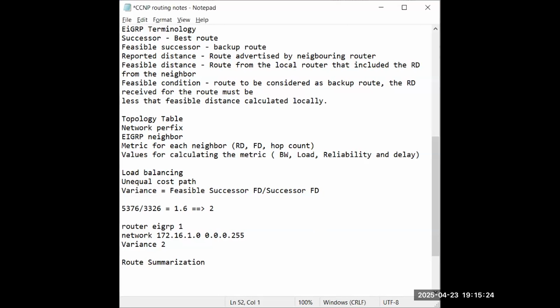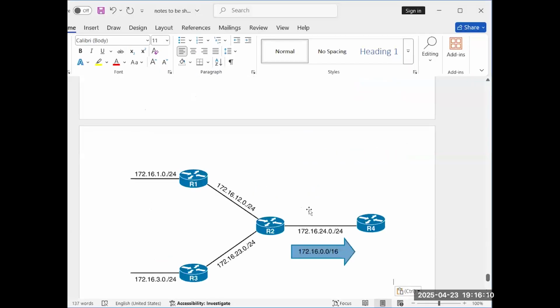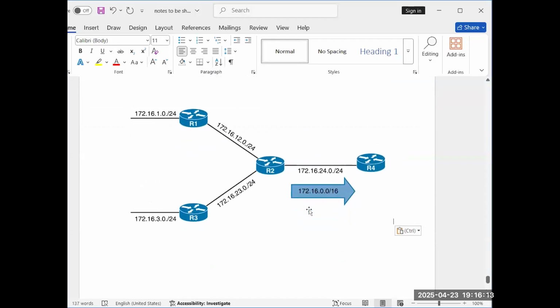So how are we going to configure a summary route? I'll put up one diagram over here. This is the network which I'm going to advertise. R1, R2, R3, R4 are the 4 routers. The network behind R1 is 172.16.1.0/24. This is 12.24, this is 23. So same, it's